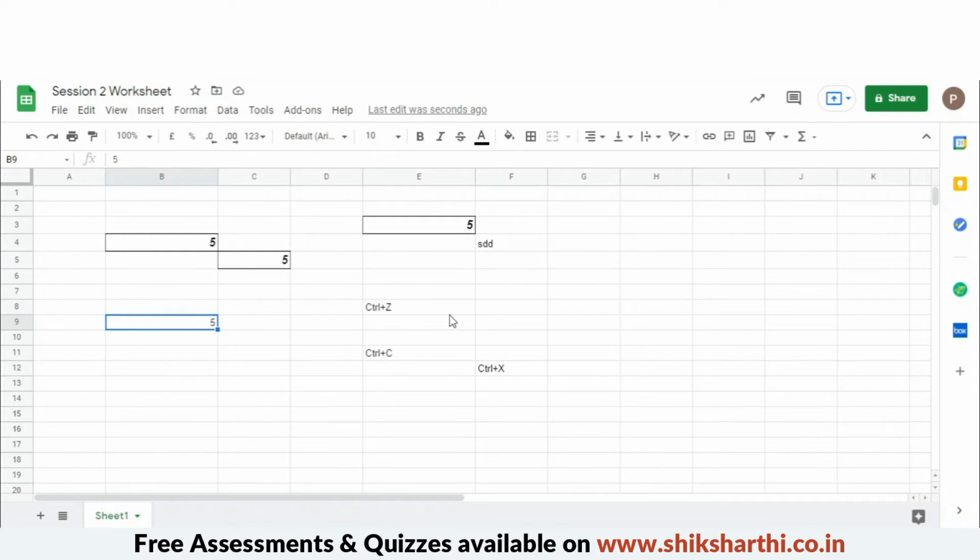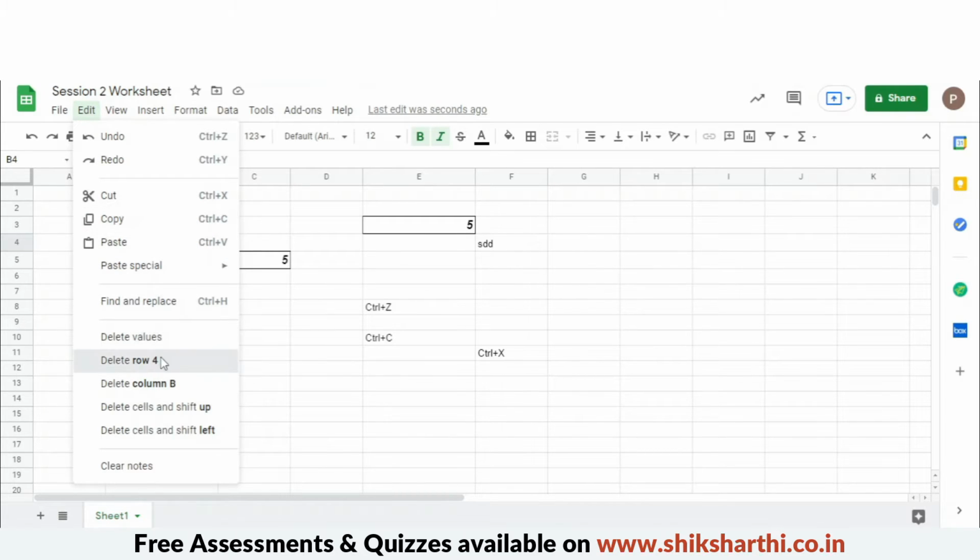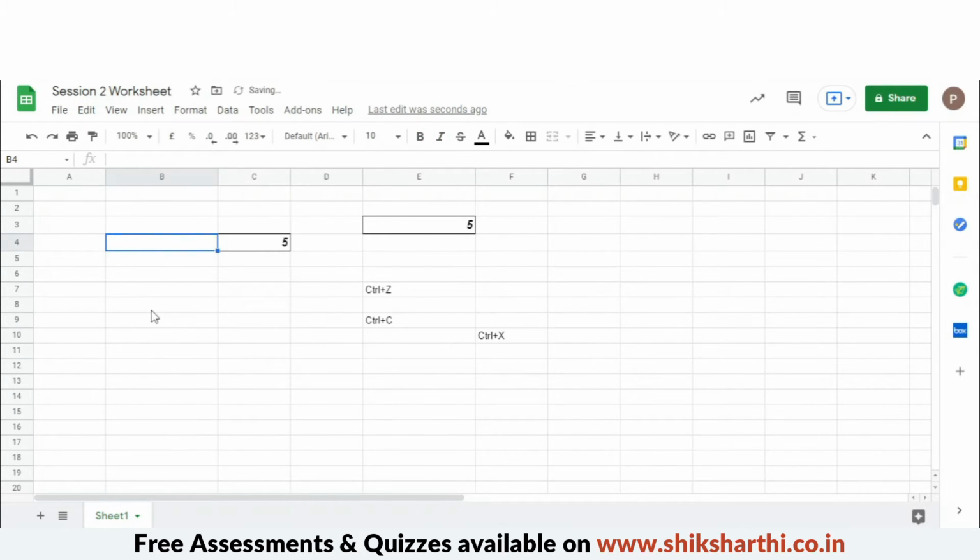If you select the 9th row, here there is 5, so the entire row gets deleted. See, if you select row 4, go to edit and delete. If you delete, nothing happens. The numbers won't change. Just that row gets eliminated and the next row gets the number 4.